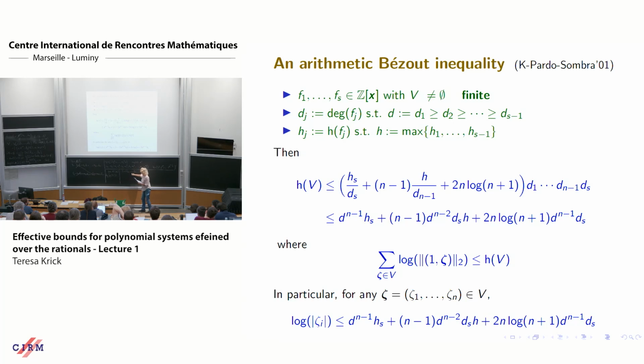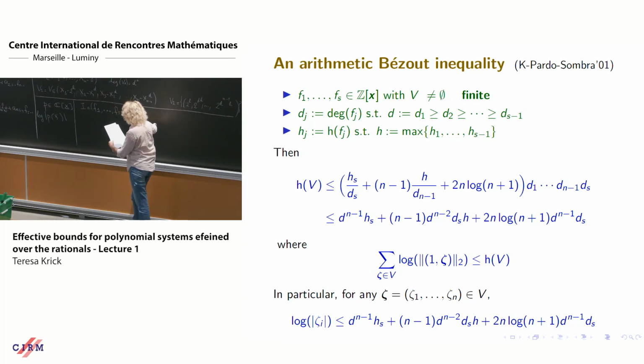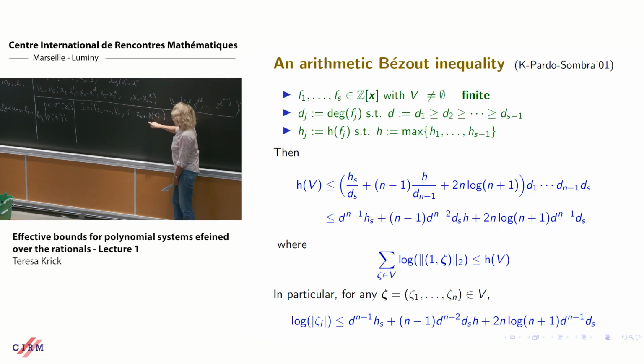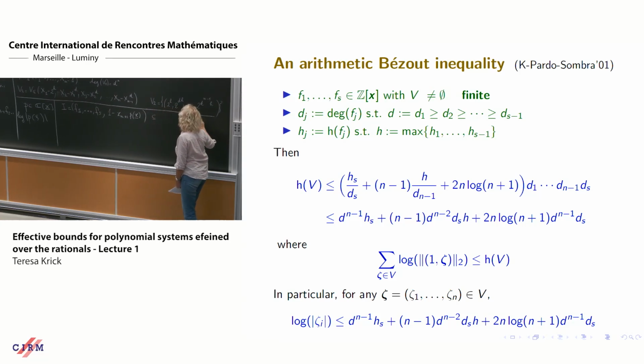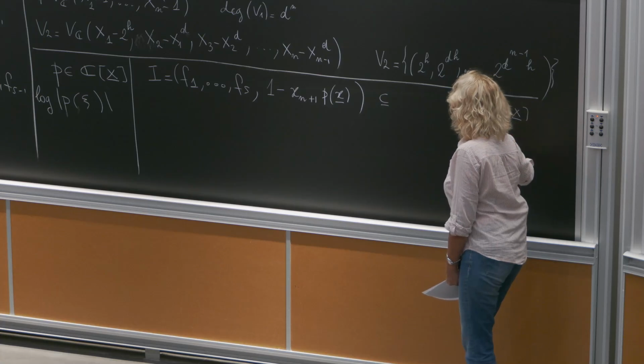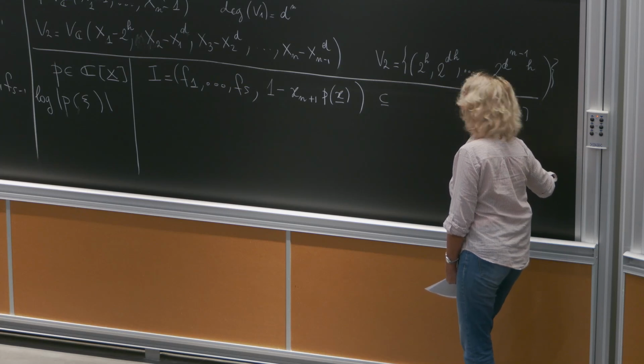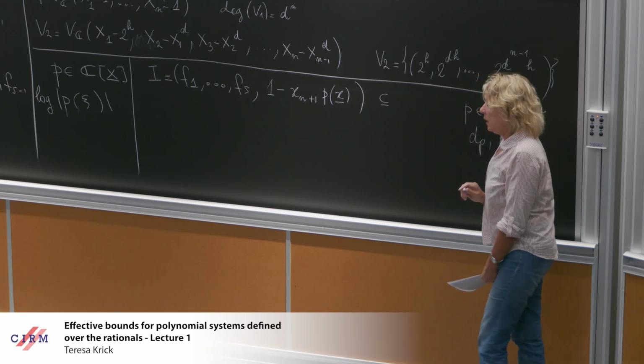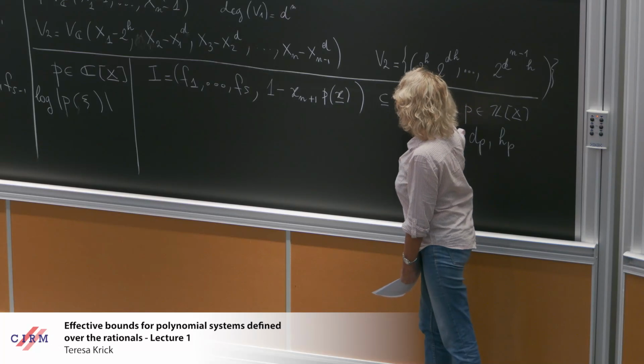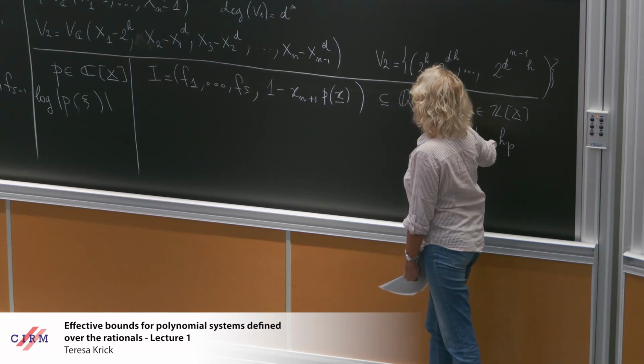So these are polynomials in X, and I add a new variable. So my first polynomials are all in x1, ..., xn, and then I add a new variable. So this is now an ideal. Imagine that P is in Z of X, and it has its own degree and its own height. So when I do that, I am now in Q of x1, ..., xn plus 1, right?